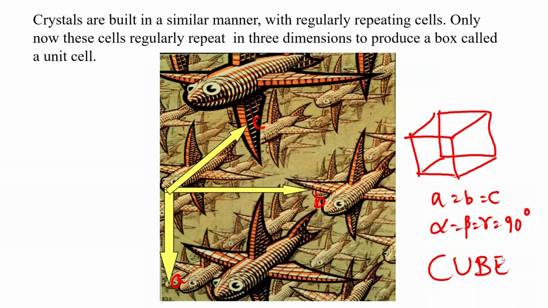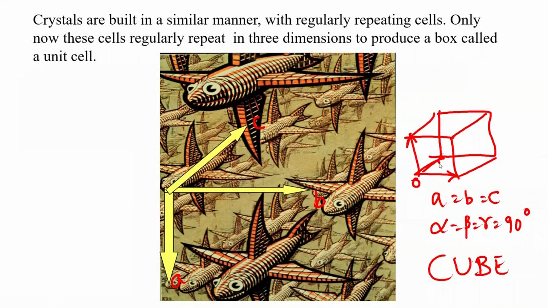We will see how many possible cells are going to come in the next class and in what way they appear, and the consequences of how the angles play a very important role, and the concept of vectors. That means, depending upon where the origin is defined, the concept of vector A, vector B and vector C, the way in which we define A, B and C, and the interaxial angle between them becomes crucial to define the crystal geometry.